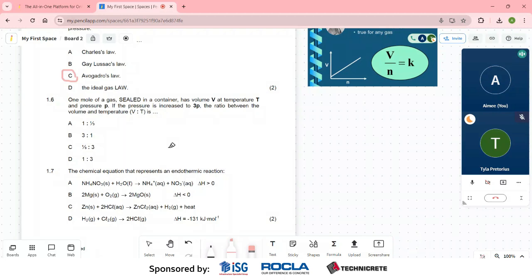Okay, so it's important to remember that you can use your formulas to get an idea of what the relationship is between these values, right? So they're saying if I increase P, what will the ratio of V to T be if P is increased by a proportion of 3? Okay. Well, you can see